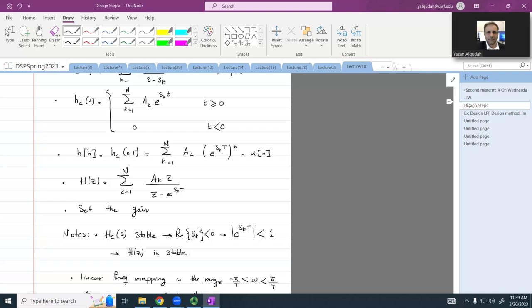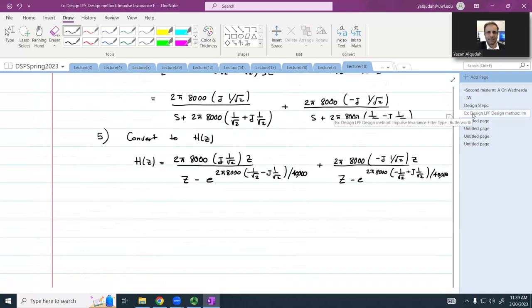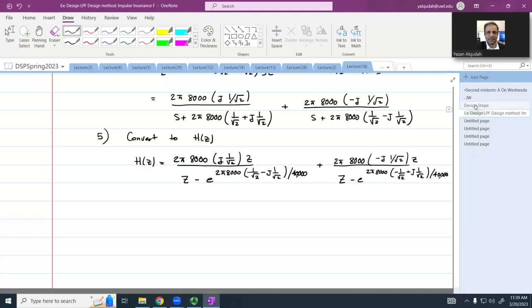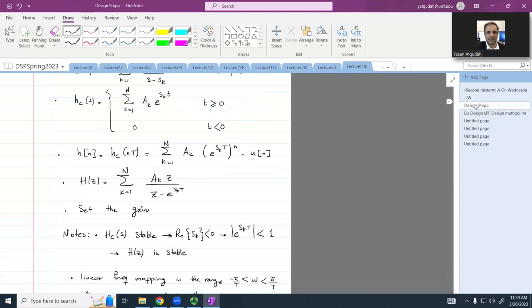Why do the signs of the complex numbers flip for the H of z conversion? Because this should have been positive, e to